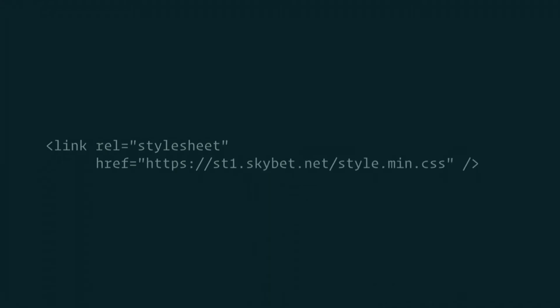performance. So we moved from this kind of paradigm to this kind of thing. We've started putting our static files on these static domains, st1 and st2.skybet.net. And what we did is thought, well, brilliant, now we can start downloading an extra 6 assets at any given time. We're going to be much faster. We put this live, probably went to the pub, congratulated ourselves,